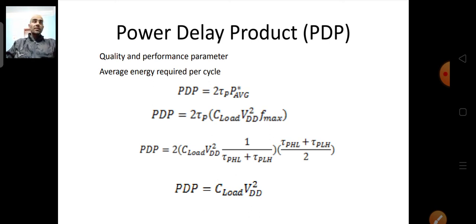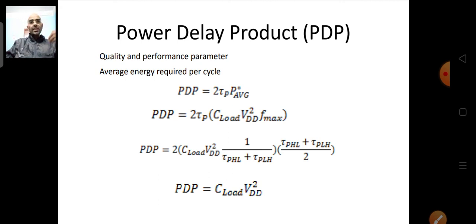So whenever this is the scenario, you see battery stores some amount of energy. So we want to calculate the amount of energy, at what rate the circuit will consume the energy. Okay, at what rate the energy will be dissipated from the battery. So that's what we should know, to calculate for how long the circuit can be operated on the battery. So to know that, we have to calculate the energy consumption of the circuit.